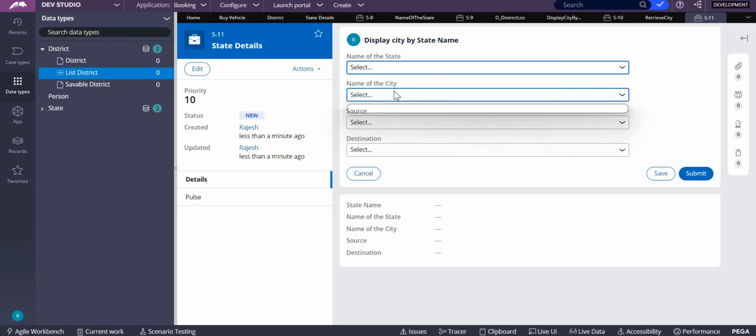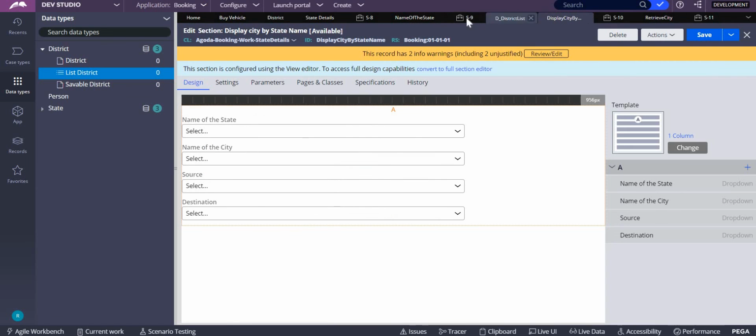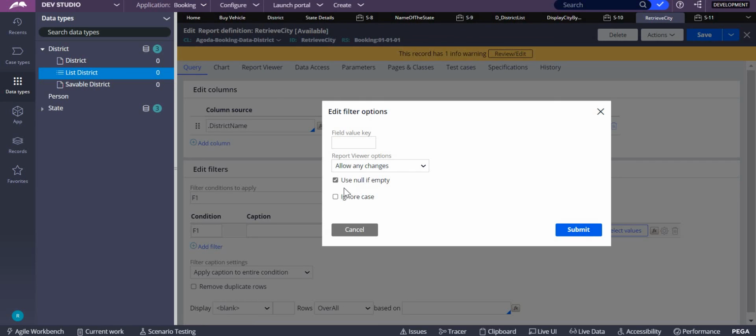Simply select, see here, nothing will be there. Why is nothing there? Because you selected use null if empty here, right? So it is showing null empty. If you don't do this,